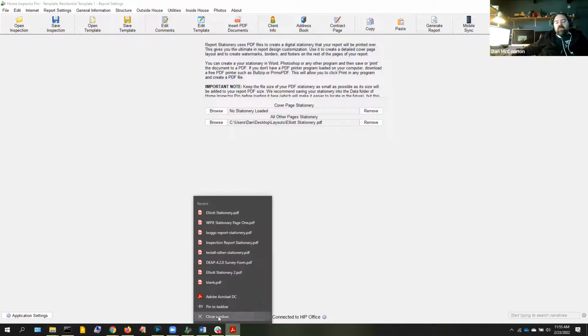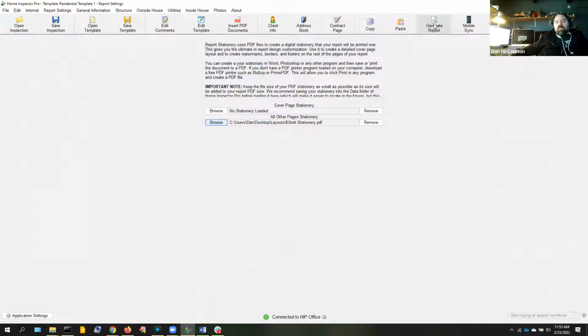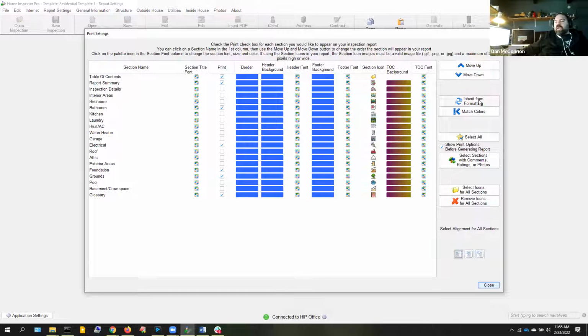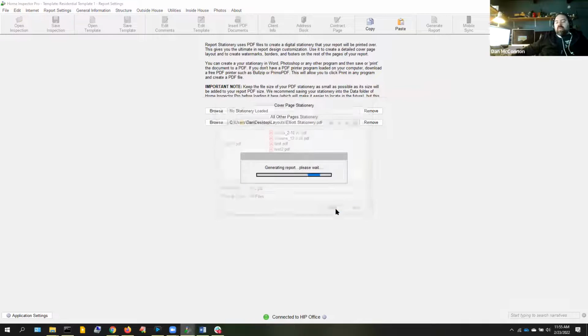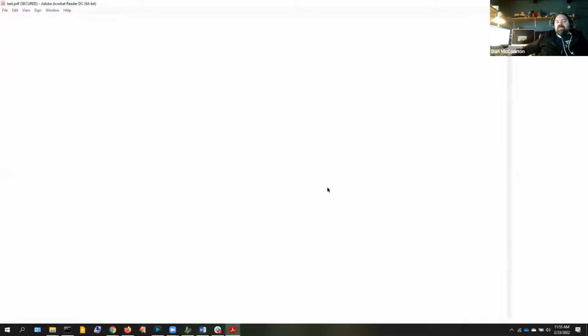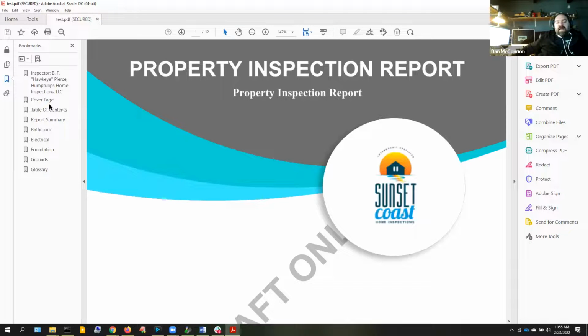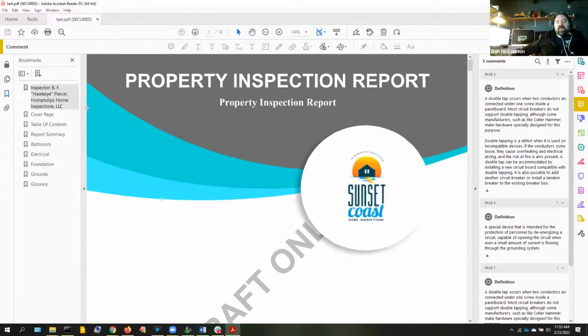Let's close this. Generate. And because I changed those values, I need to remember to hit inherit from formatting. You can see it blanked those out. But when I go to generate the report, instead of having to specify a color for those items that would be in the way of my stationery, I set them as transparent, so they're not going to be visible on the page. And now if I go to, for example, the table of contents,